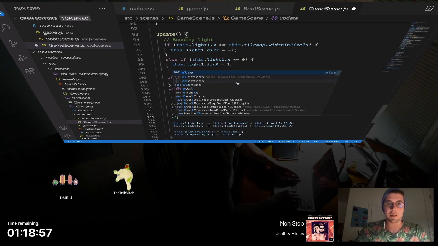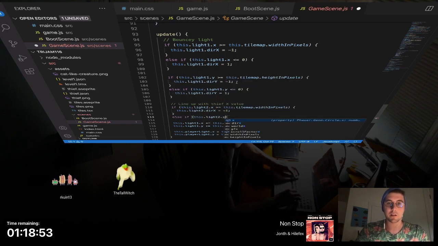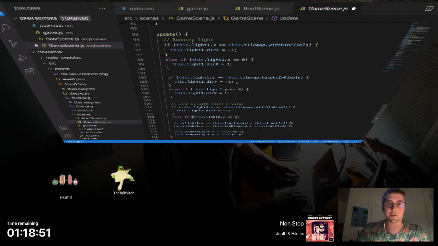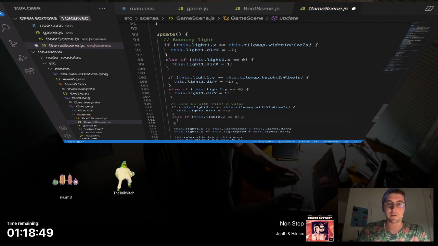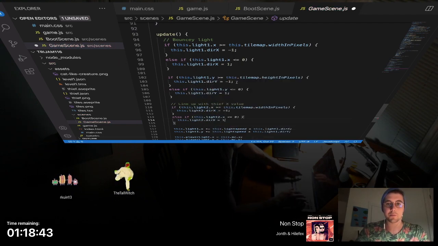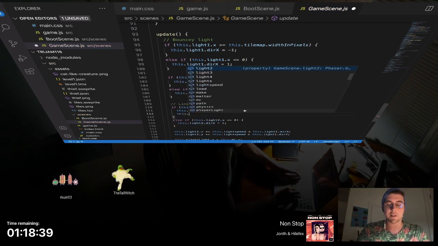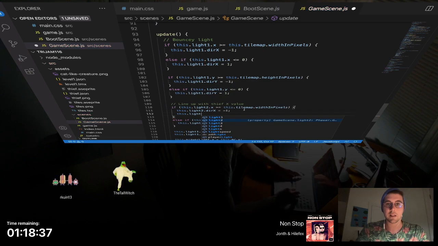Then else if this.light2.x is less than or equal to 0, this.light2.dirX equals 1. But what we're also going to do is set light